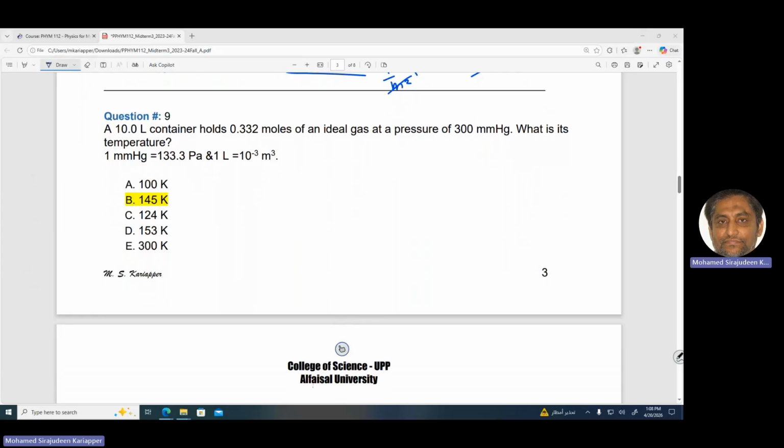A 10-liter container holds 0.332 moles of ideal gas at a pressure of 300 millimeter mercury. What is its temperature? Now, this is not a changing of state, right? It is not going from initial to final. It is just one state. It's a matter of applying the ideal gas law, which is